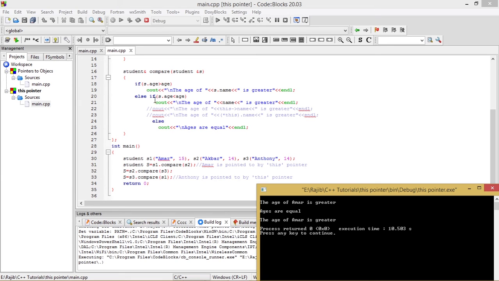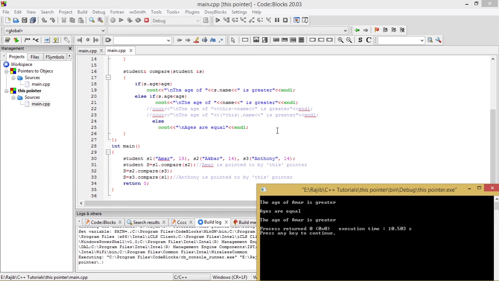This else if portion gets executed over here. If s dot age is less than age, so age is being referred to as the age of Amar here, because s1 is the calling object and s1 is associated with Amar. So this will give the output like this.